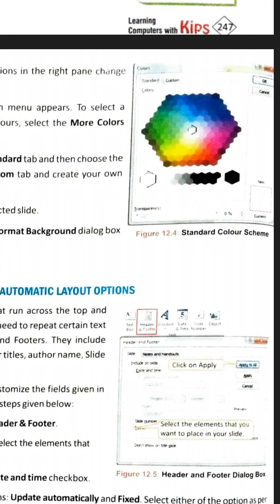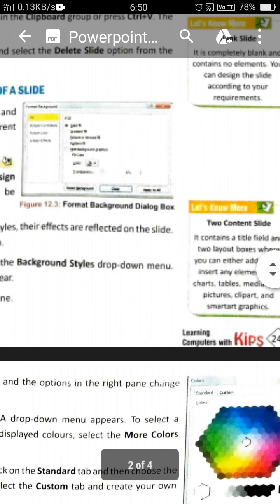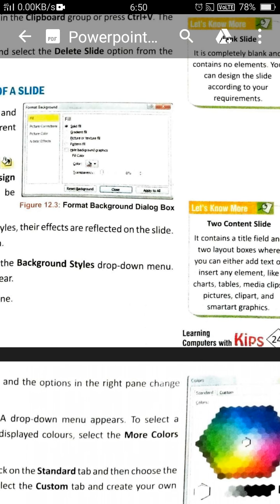You can see here the standard color scheme, and this is also the background dialog box. You can fill texture also, and gradients of colors are available in it.